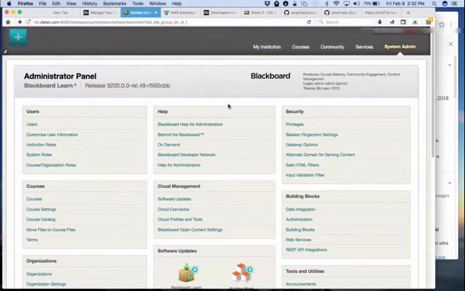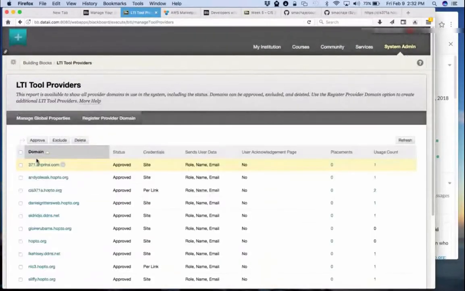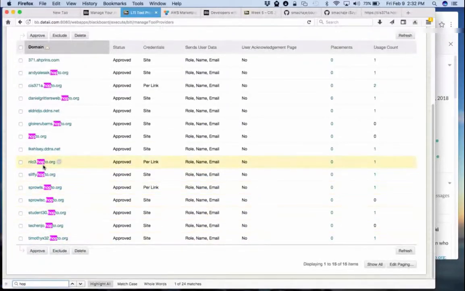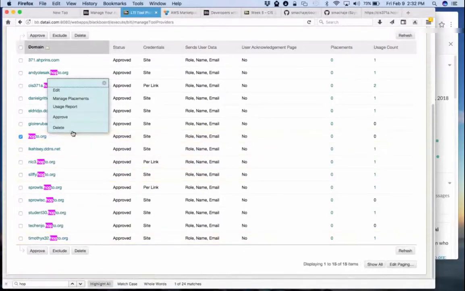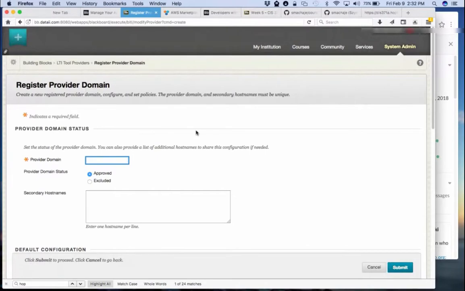So let's go ahead and do things one step at a time. In that matter, we're going to go to building blocks and to LTI tool providers. What we'll do here is go to the hop2 and verify what's happening. So we have all kinds of hop2s. Let me delete this one. No, let's not delete it. So what we'll do is we'll say register provider domain, and here you can register either the domain or the entire